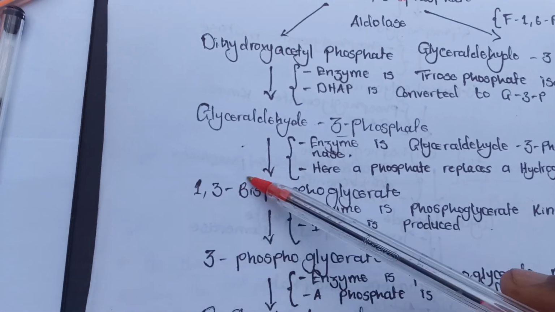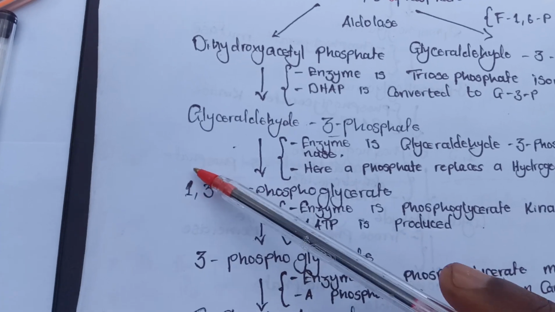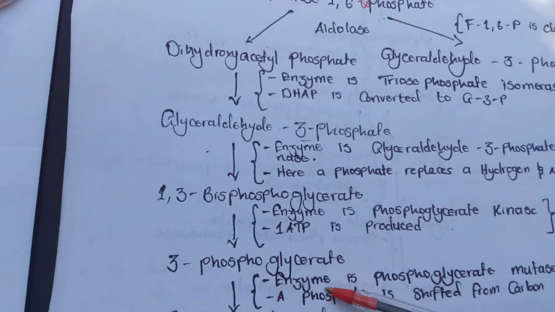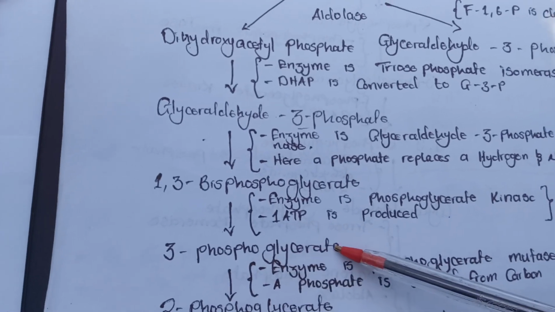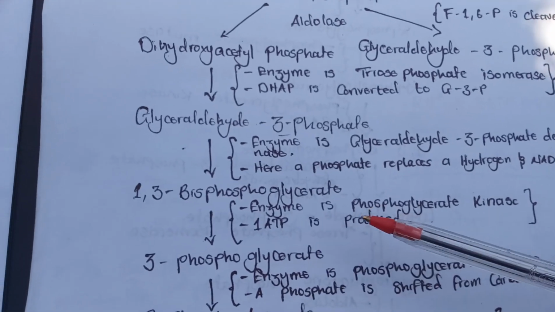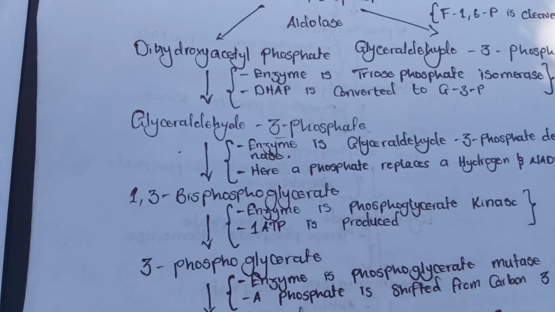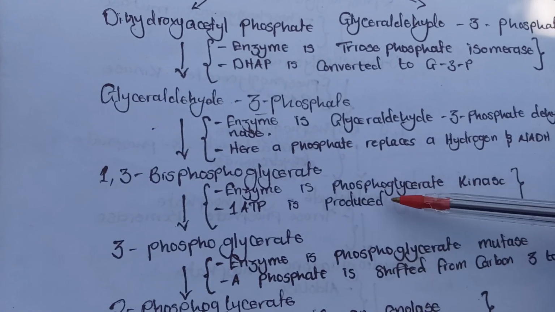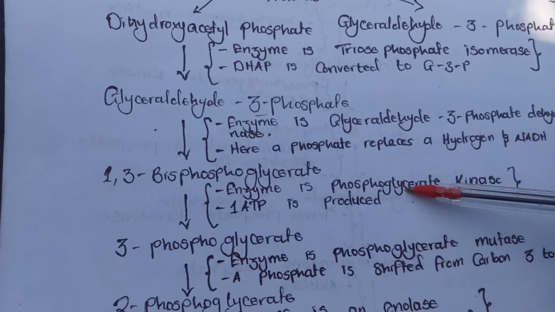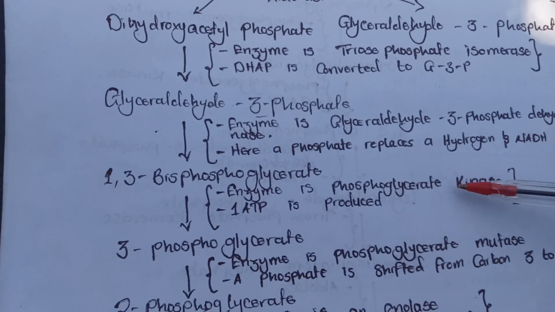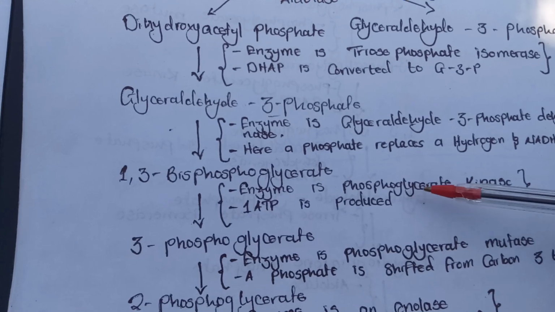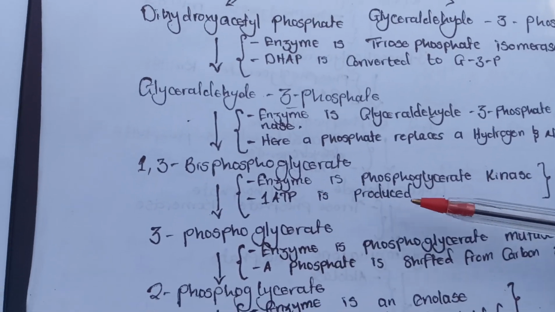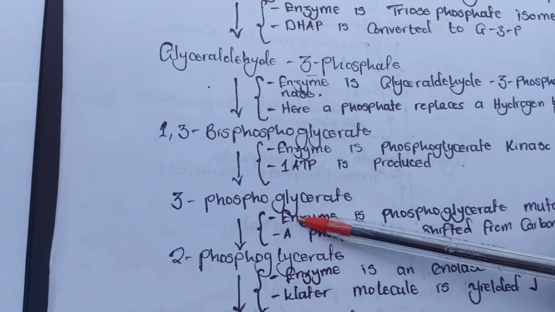As you can see, we had two phosphates, and then we've removed the phosphate on the first carbon, converting it into 3-phosphoglycerate. So the enzyme you're expecting to catalyze this reaction is a kinase. In short, the enzyme is phosphoglycerate kinase, and in this case 1 ATP is produced. Then in the next step,